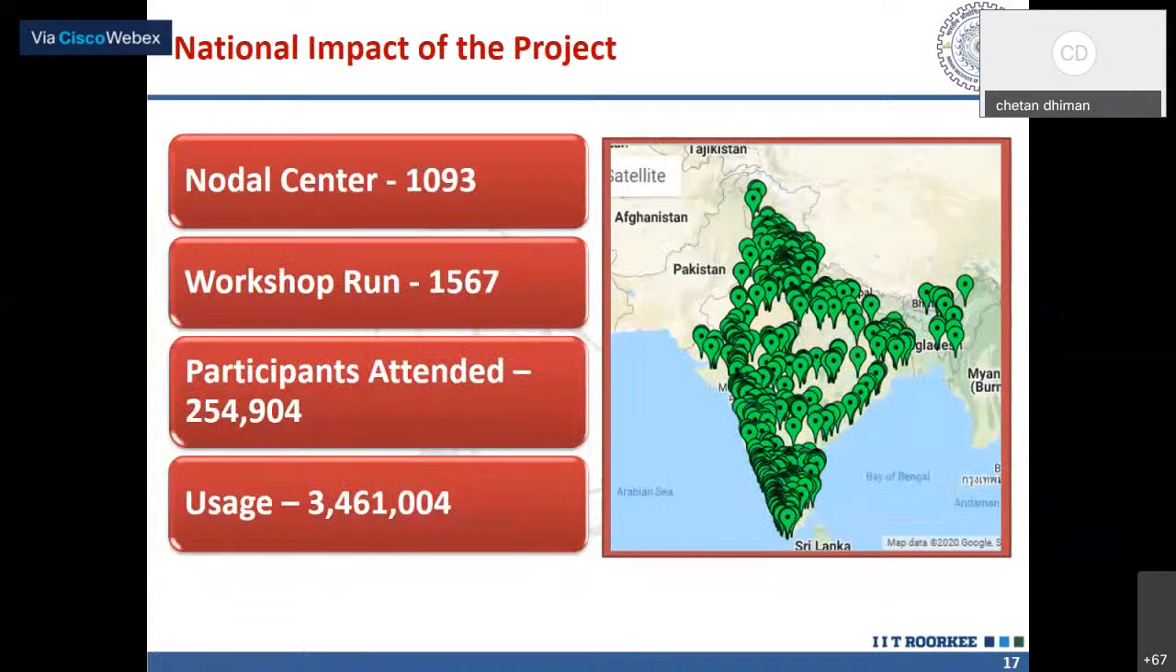So the national impact of the project: till date we have more than 1,000, approximately 1,100 nodal centers across India, and approximately 1,600 workshops organized in different colleges in India, and around 2 lakh participants attending these types of workshops and webinars, and approximately 35 lakh users